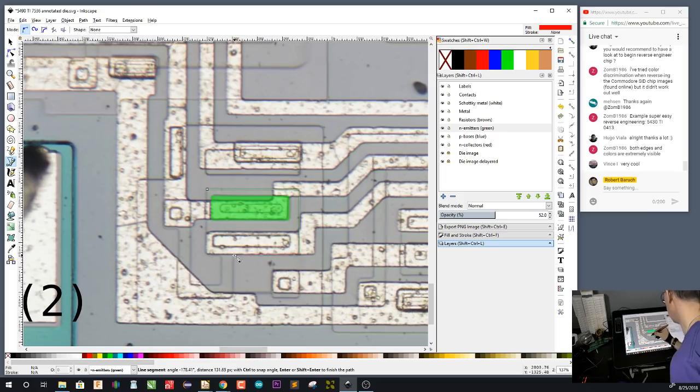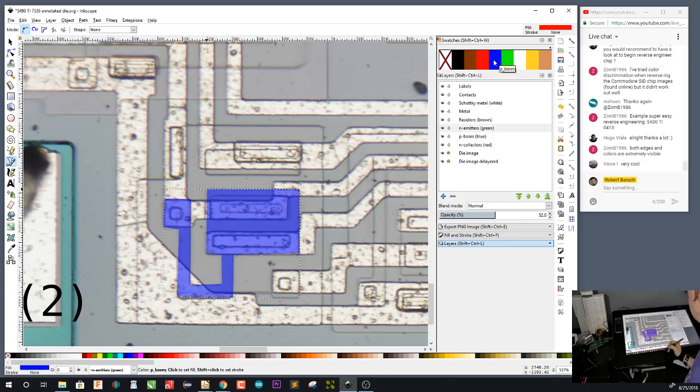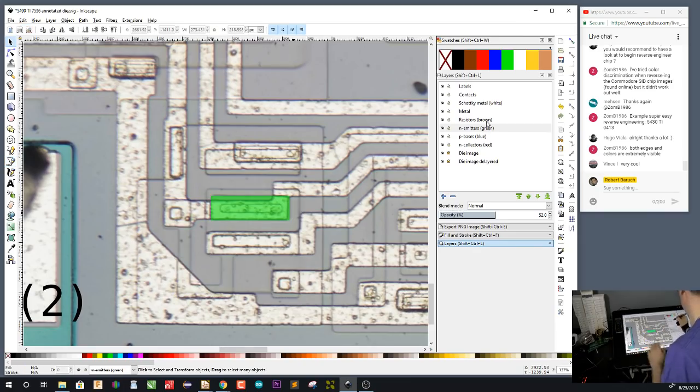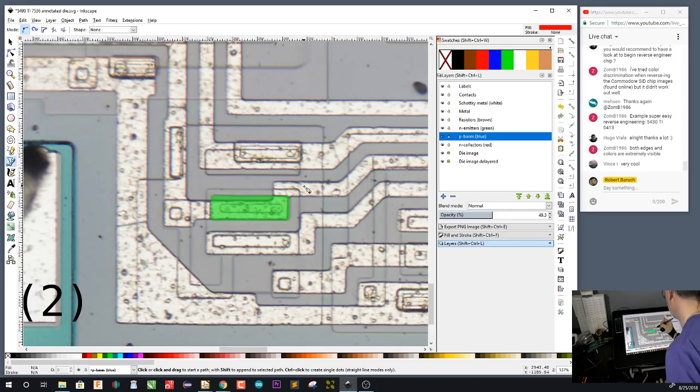It goes here, here, here, here, and here, and around here. Base. So there's the base, which unfortunately I drew on the emitter layer. It's going to have to be deleted. And switch to the base layer and just do it again. Yes, I could have copied it, but